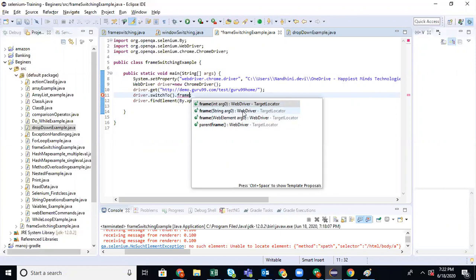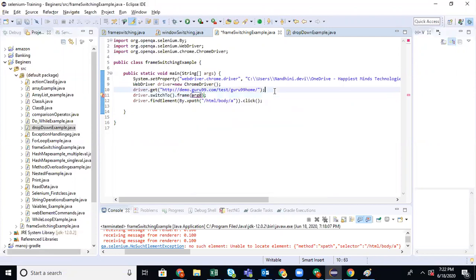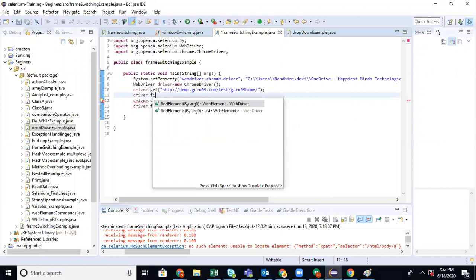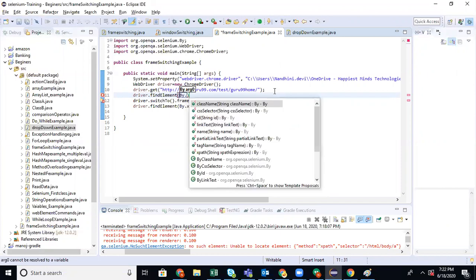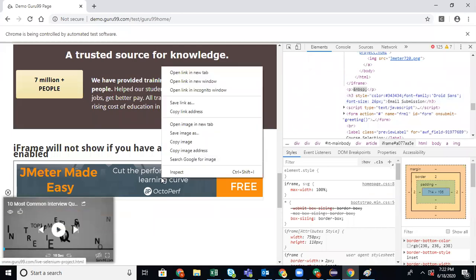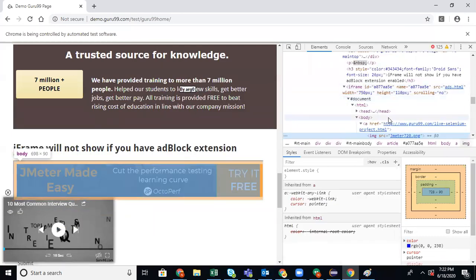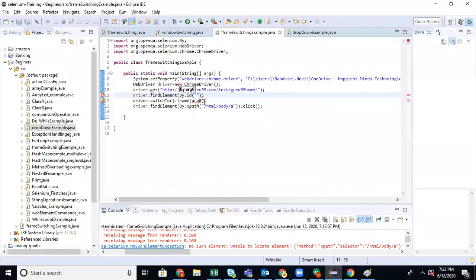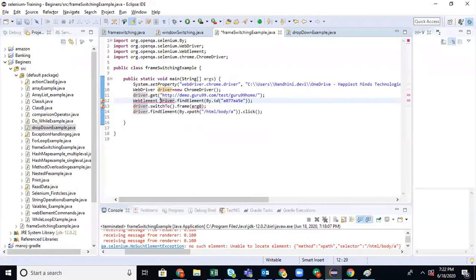What I'm going to do is give the web element, so let me first find the frame. driver.findElement by ID. So I will give the frame ID. When you do the normal thing and it is not working for you, the first thing to check is whether the particular web element is inside the frame or not. If it is inside the frame, then you have to make sure you are switching to that frame using some locator, and then you can do the actions that you want.